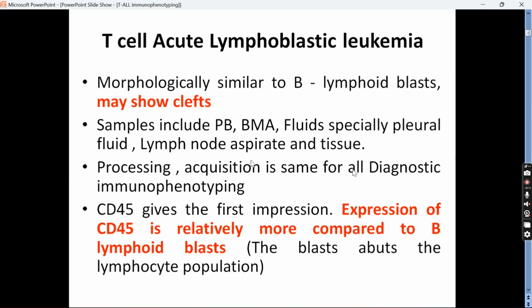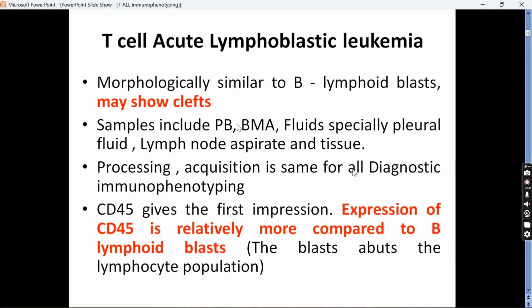Morphologically, they are very similar to B lymphoid blasts, except we commonly say that T lymphoid blasts show more clefting. But morphology, I'm not a very big fan of, because I have seen a lot of BALL also sometimes showing indentations and clefts. Still, my textbook says clefting is more common in T lymphoid blasts compared to B lymphoid blasts. The samples include, and this is more a repetition of the last lecture,